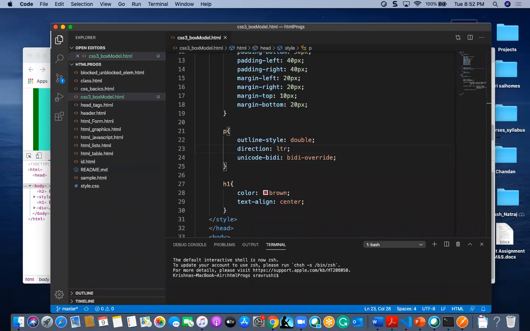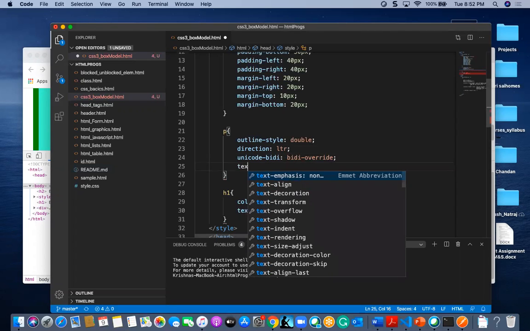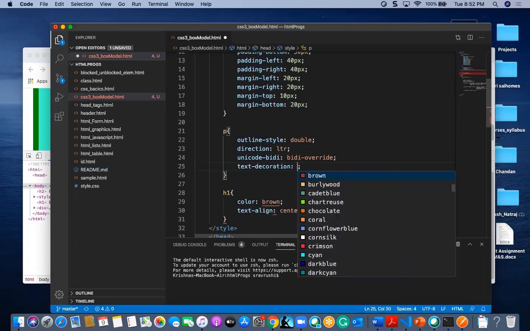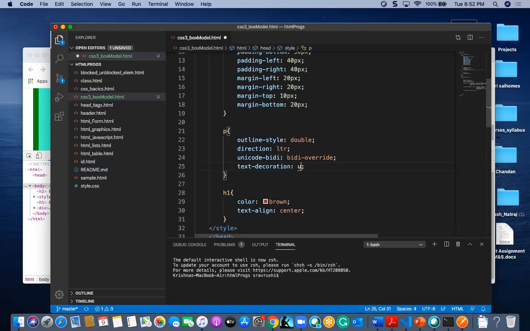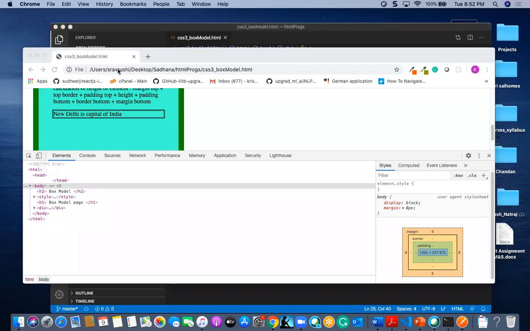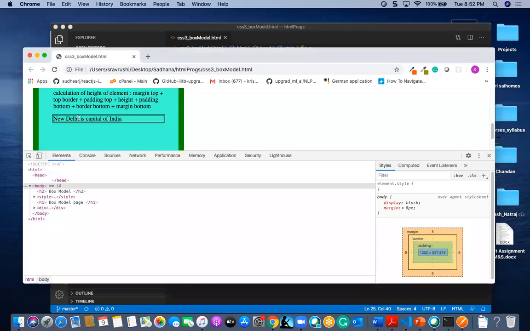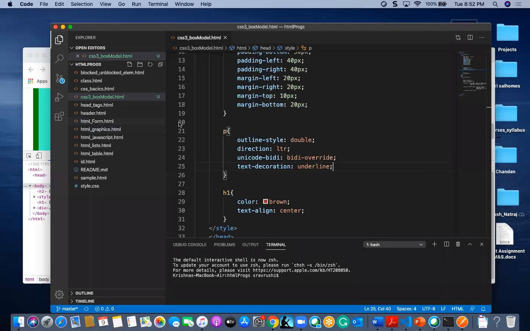And that is about text alignment, and we can find text decoration. Text decoration is like underline or overline we can give. Suppose I want to give here some text decoration, some underline I am giving here, underline. So I will find the underline below this, right? That is called text decoration underline.